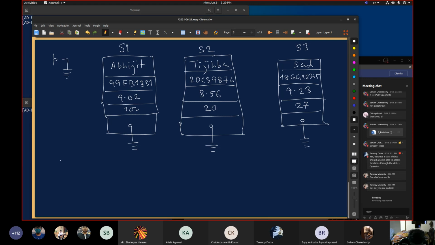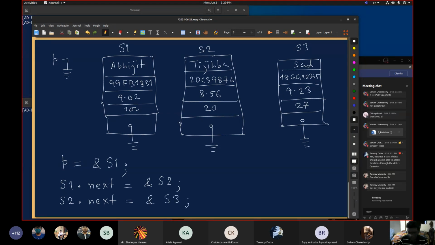So now if I say p equal to &s1, s1.next equal to &s2, s2.next equal to &s3,